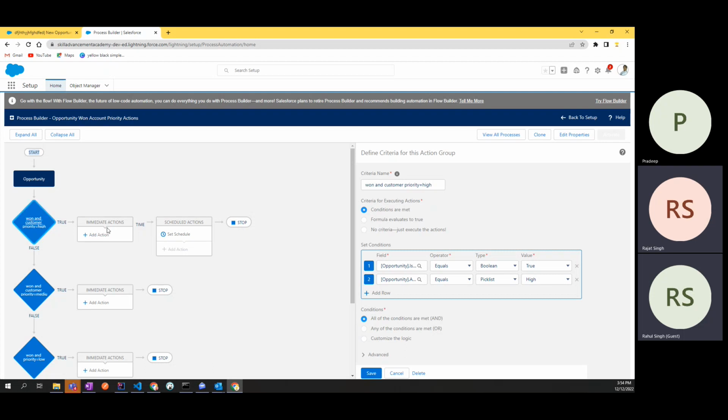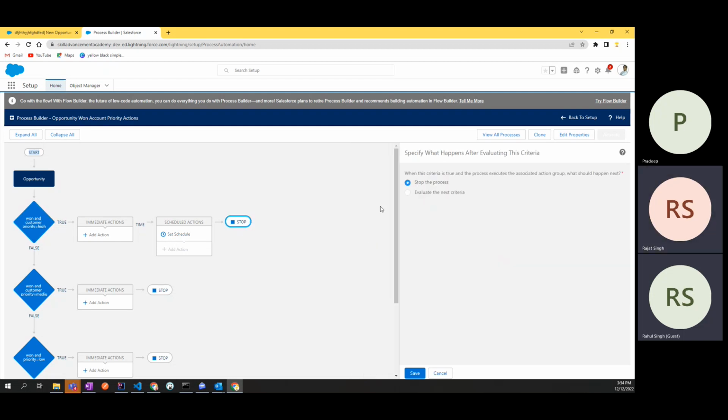immediate action. What all immediate actions are there? If there is any immediate action, it will just do. Otherwise, if there is any scheduled action, it will do. Then it comes on to stop. Here on to stop, it is just saying when this criteria is true and the process executes the associated action group,